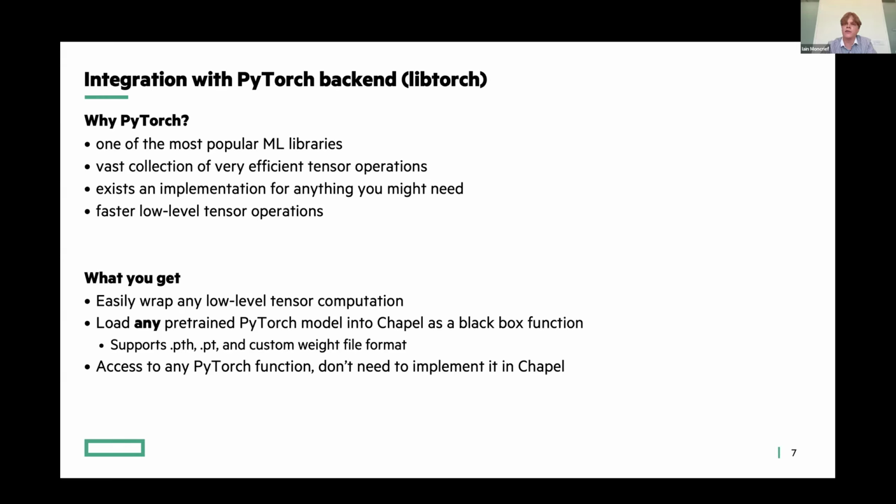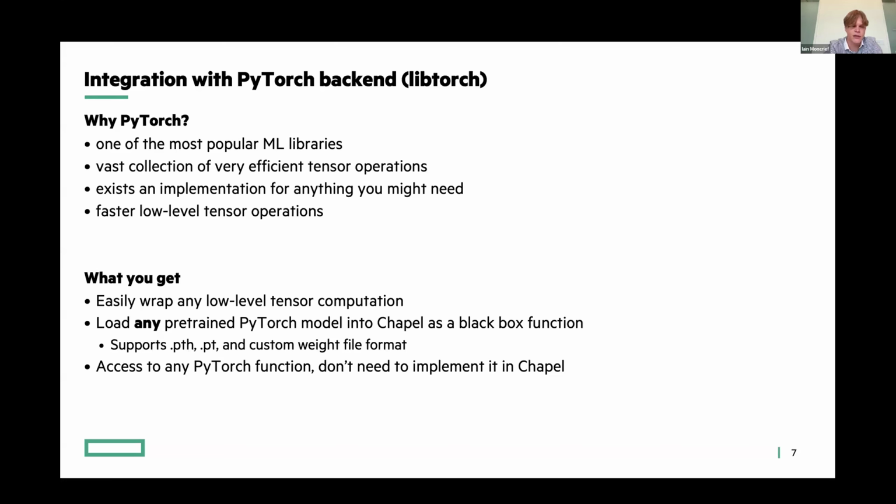And so you would do this for really expensive operations. An example is the 2D convolution operation, which PyTorch's version is just so much faster. And also, once you have this sort of structure, you don't need to re-implement any operation that you want to use in ChAI, or in Chapel, if it doesn't have one. You could just pull in whatever operation PyTorch has. So from a time perspective, this is a much better strategy.